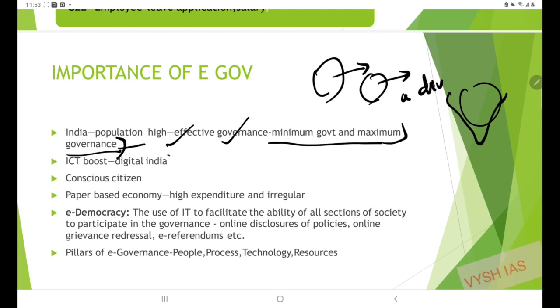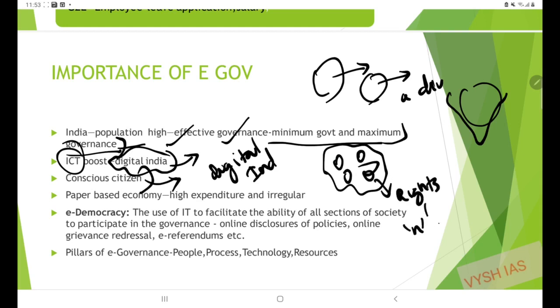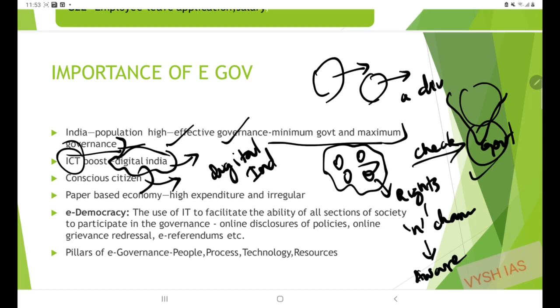Okay, and we are having the Digital India initiative, wherein we have various digital initiatives like the digital health ID card, etc., in various sectors. So this is in a way boosting Digital India. Using e-governance will boost the initiatives under Digital India, and this also helps in the generation of a set of conscious citizens. These citizens will be rights conscious because they are getting many channels of information. So they are becoming aware of the government policies. So it acts as a check and balance upon the government. Okay, so this is an important point.